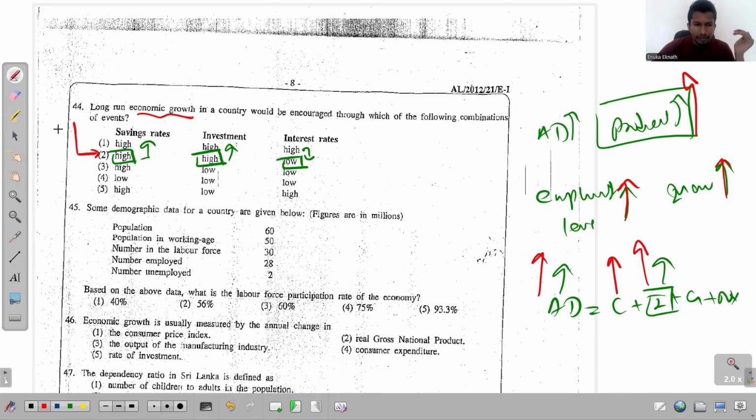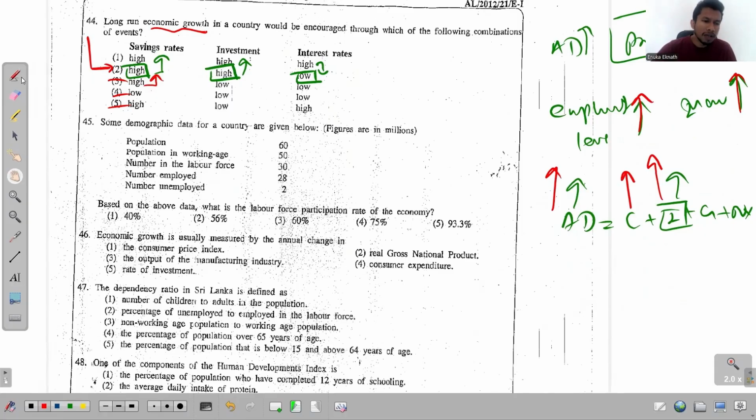Right. එතකොට දැන් මේ වගේව පිළිගන්න බෑ. මොකද savings rate එක high නම් investment rate එක low වෙන්න බෑ. It has to be high for having this economic growth. එතකොට අනිත් ඒවා ටික we can simply ignore. Right, 45. So how do we calculate this